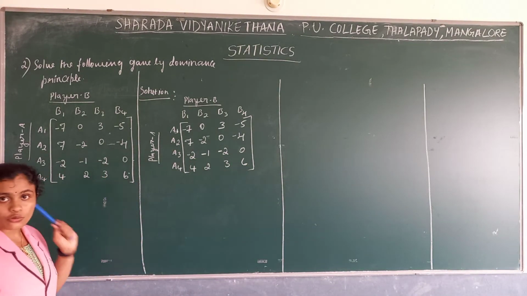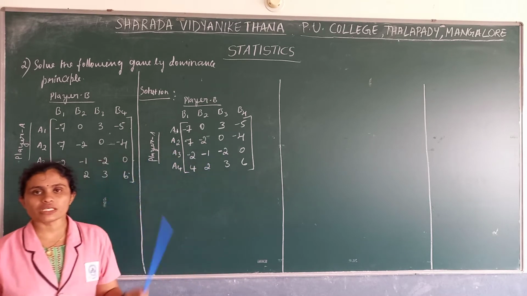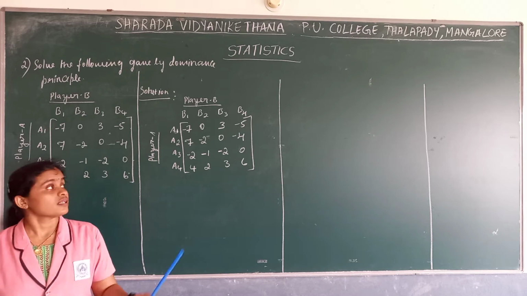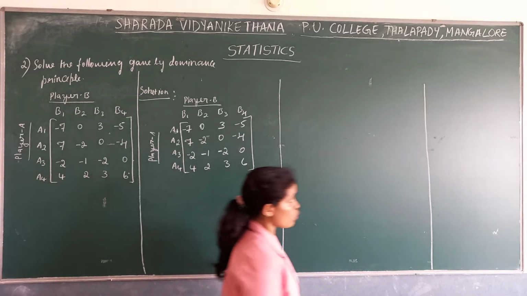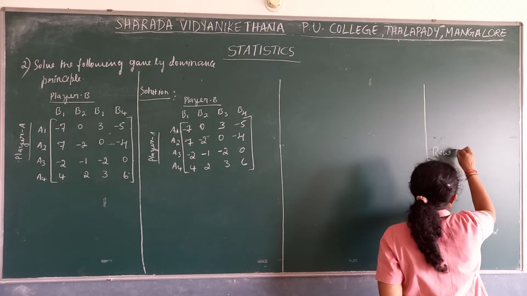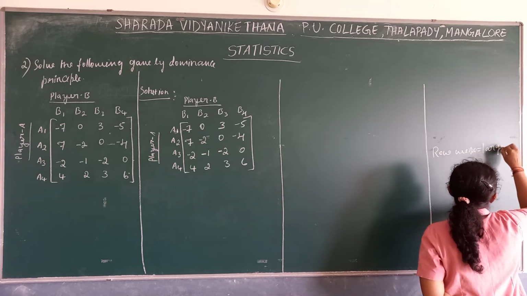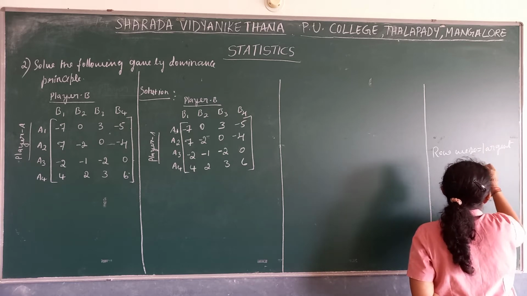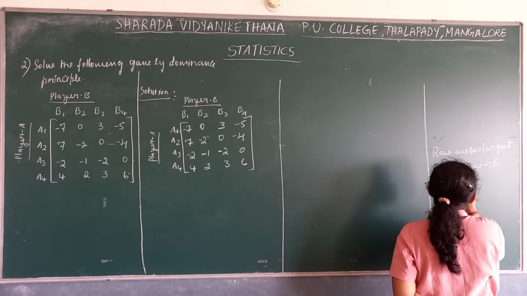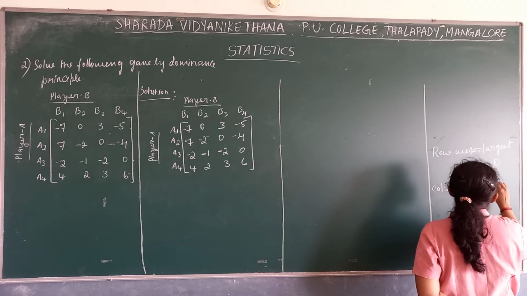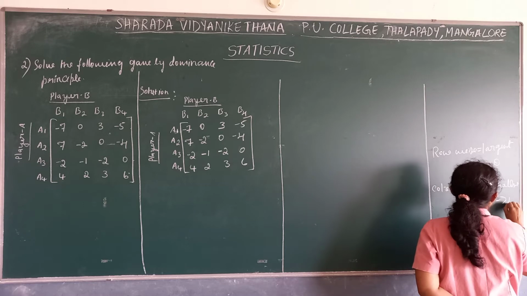Now what did I say? You have to remember, firstly we compare row wise. When we compare row wise, the largest row is a dominating row. Row wise, once again I am writing here, the largest row is a dominating one. In case of column wise, the smallest row is a dominating one.